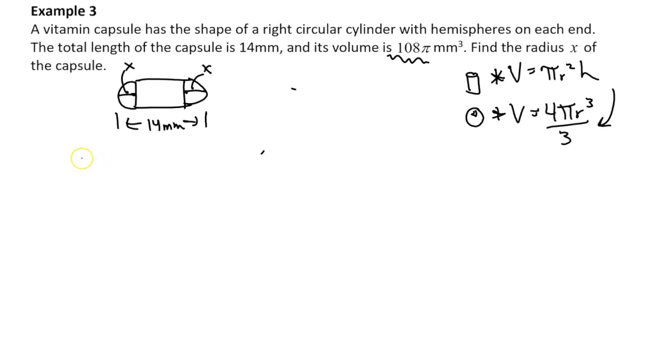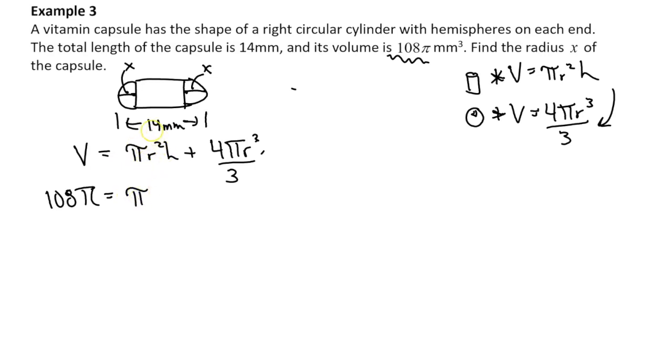If we wanted to take a look at something in terms of what we have, we could say volume is going to equal, in this case, the volume of the cylinder plus the two hemispheres put together. And we know that this is going to equal 108 pi, which is going to equal, well, let's see if we could start to figure some stuff out here. So in terms of the cylinder, we could say that would be pi, and it's saying the radius is x. So let's say pi x squared,